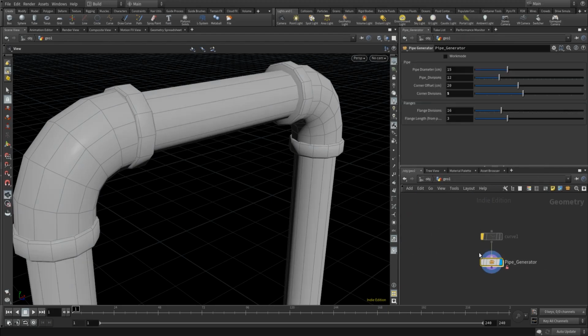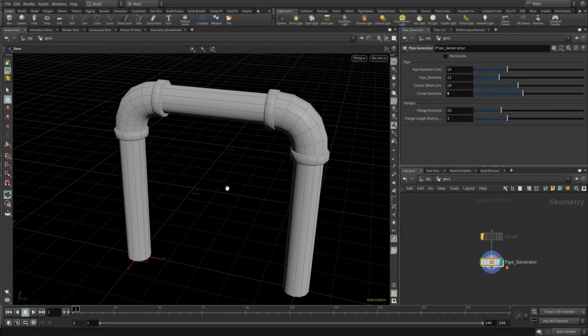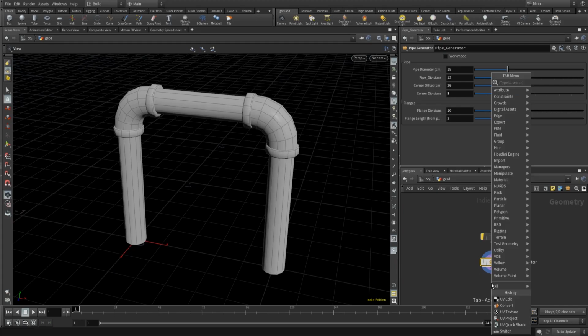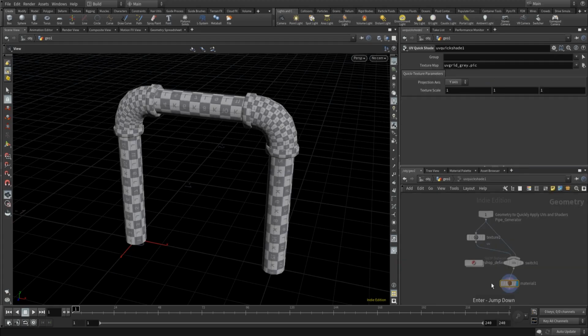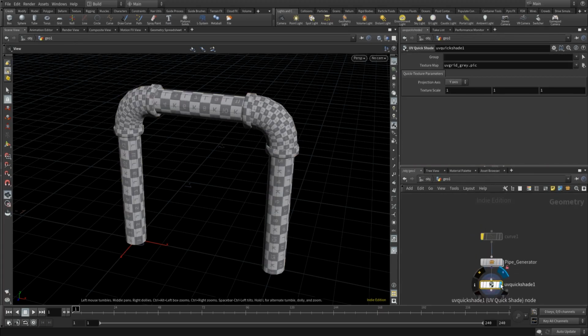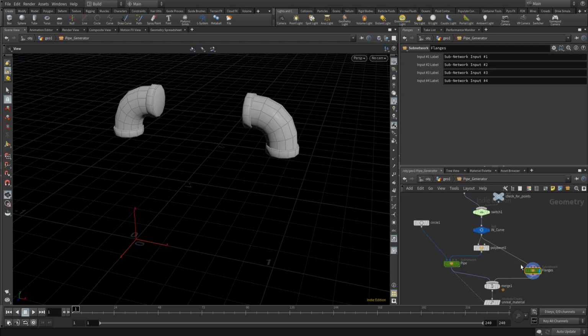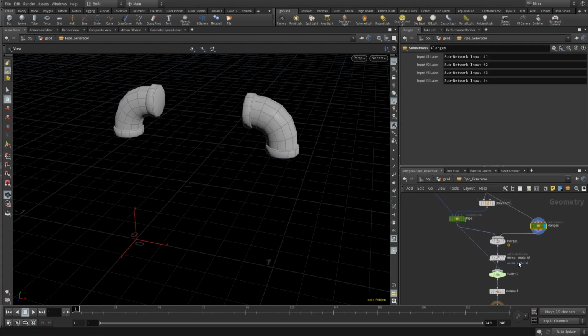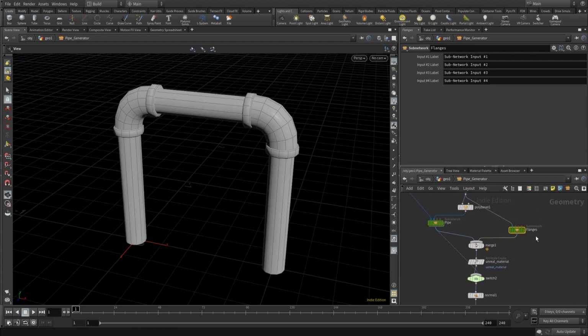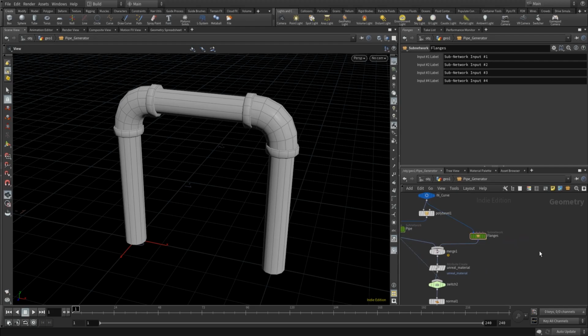I go out, and if I look at this thing in one go, place that UV quick shade again, you can see we now have our UVs and everything looks decent. So now when we apply a material, it will look fine. And as you can see, we apply the materials afterwards. Alright, so from here let's focus on not the pipe and the flanges, but we're going to create a quick